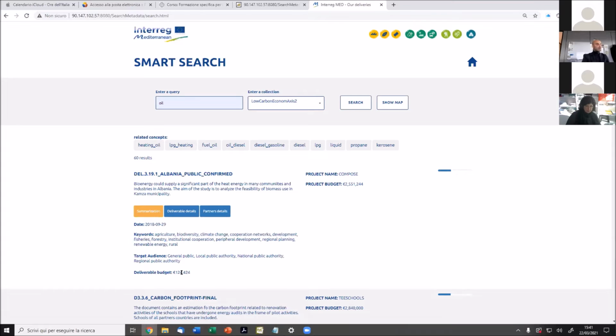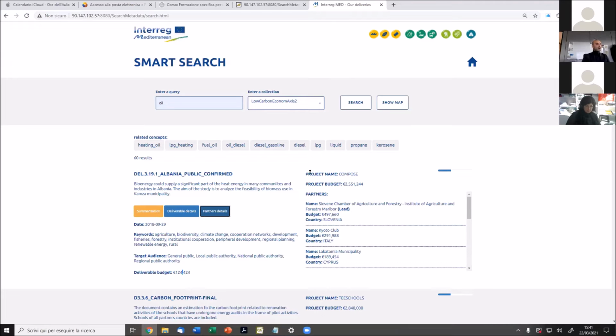allocated to the deliverables. These are metadata specific to this usage scenario, but of course, we could integrate and represent any metadata we deem useful. We could also take a look at the partner details. So for this project, we could list the partners and, for each partner, we have the name, whether it is a lead partner of the project or not, the overall budget allocated for that partner, and